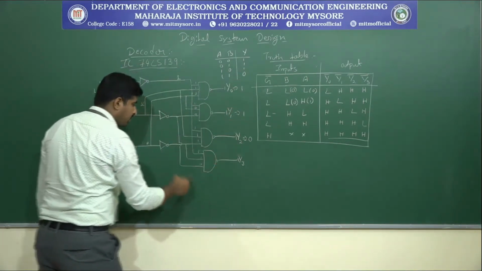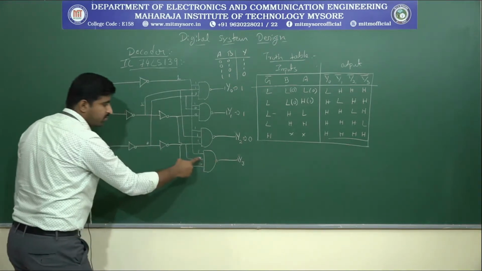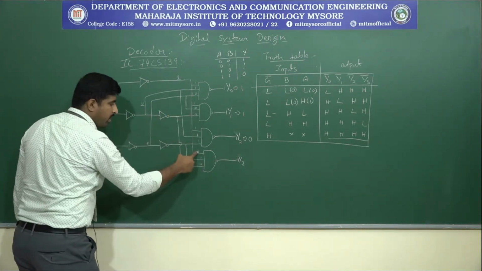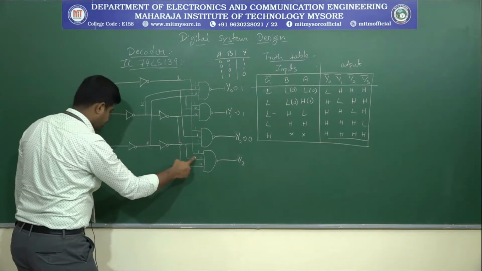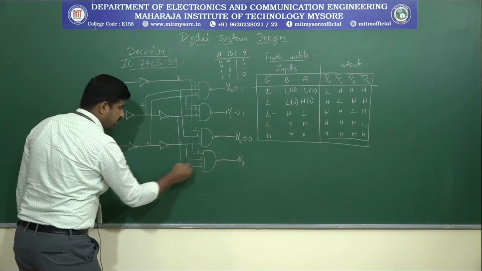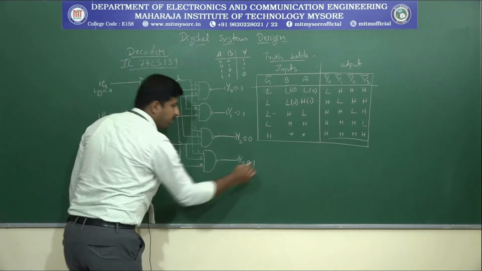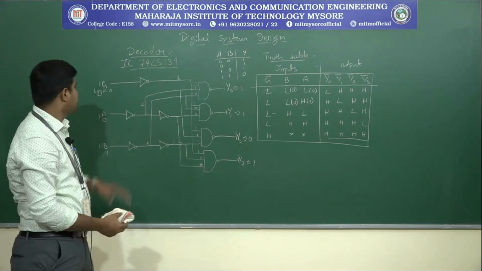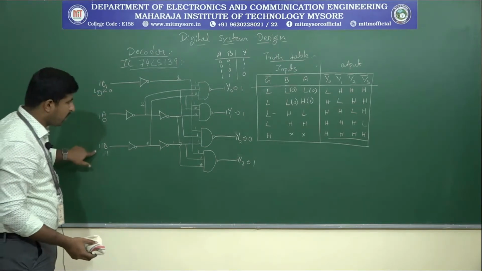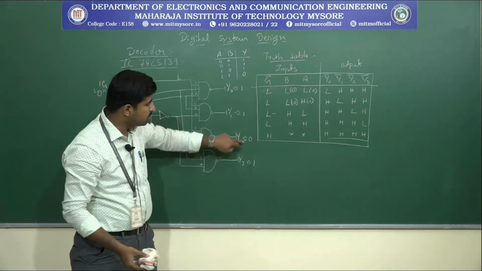Okay, so this will be 1, and if it corresponds to the Y3, if you look for the Y3, this line will be 1. And this line is corresponding to here 0, so this means this output will be 1. So that means for the combination 0, 0, 1, the output will be 1, 1, 0, 1.